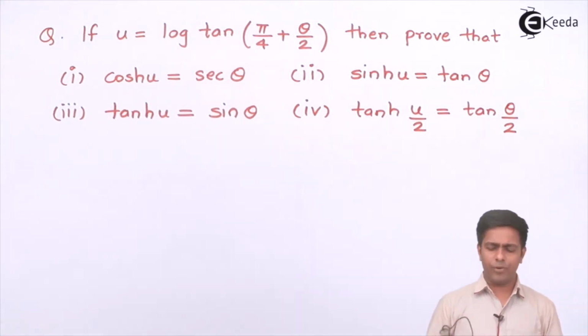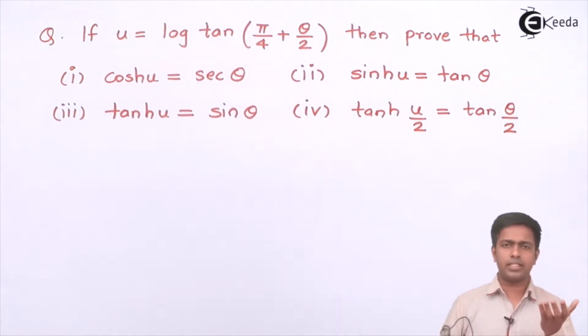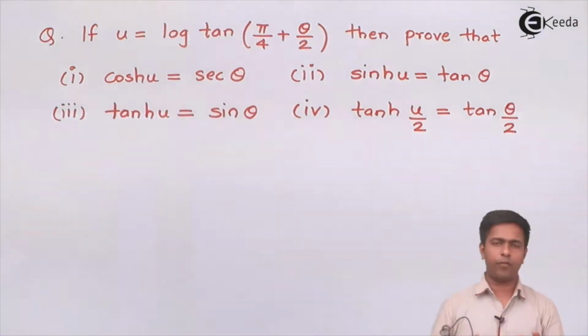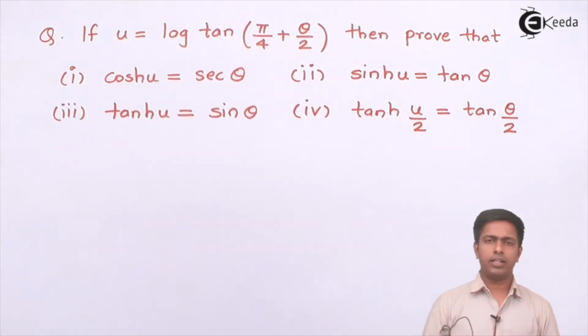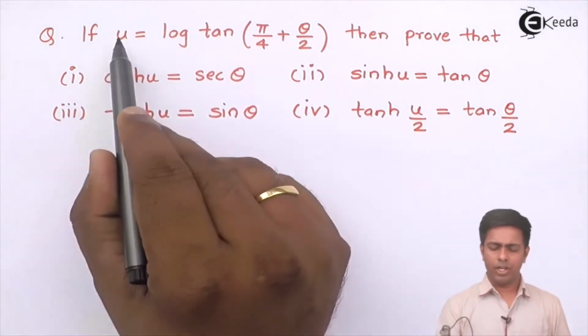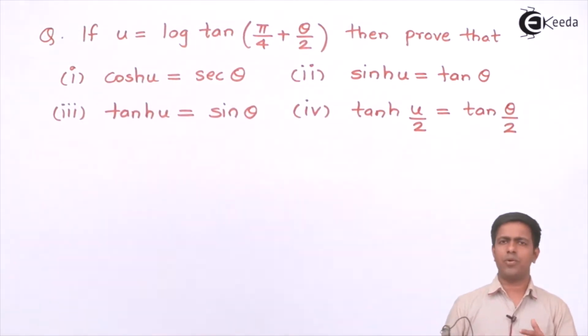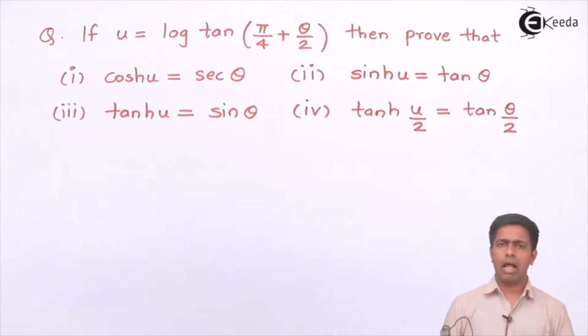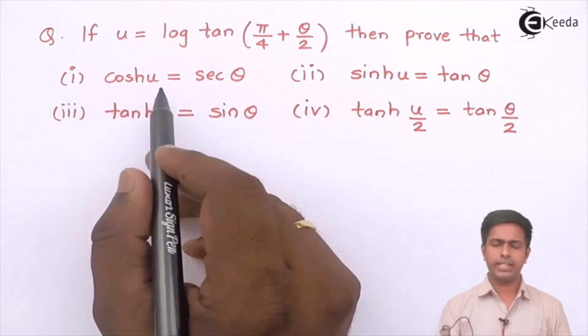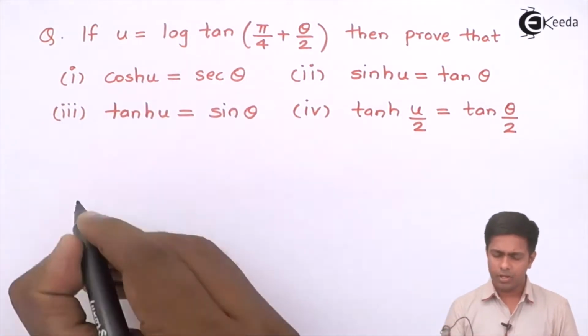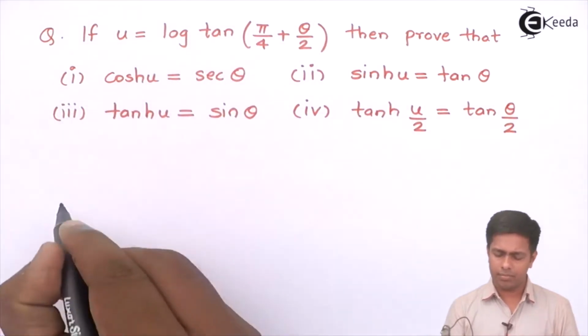Now guys, if you see the left hand side, it is in terms of u, and the right hand side is a function of theta. So we have to represent that function of u as a function of theta, and for that we'll take help of the given term. In the given term, u is a function of theta, right? So we just have to simplify that given term and make the adjustment to get this value. So let's start. Here I write down the given term.